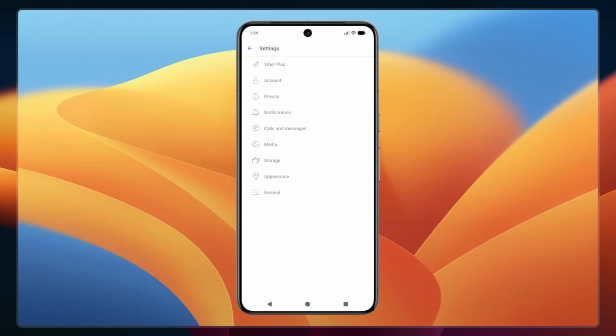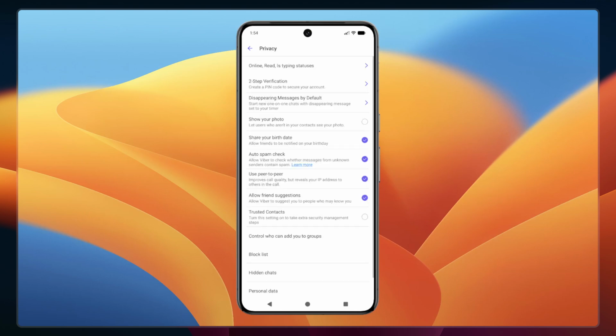Now tap on Privacy. This section is specifically designed to help you manage what information is visible to other users and what stays private. Privacy settings are crucial because they give you complete control over your personal information and who can see it. Here you can see an option labeled Share Your Birth Date. This toggle controls whether other Viber users can see your date of birth on your profile. It's a simple but important privacy feature that lets you decide how much personal information you want to share with